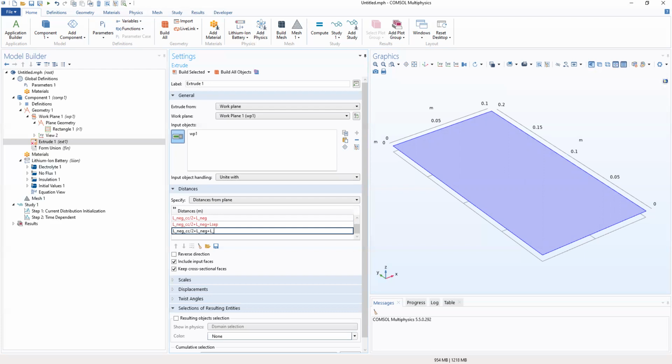I'm gonna check the corrections after this. We have the negative. We move to the last one, which will be